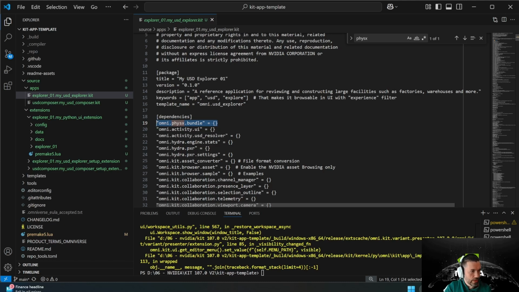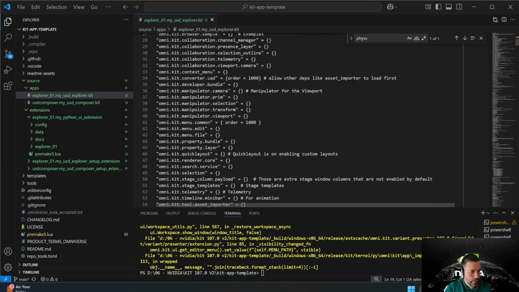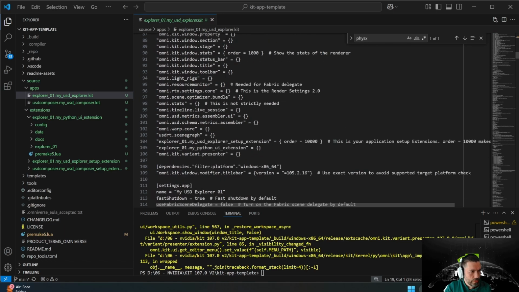This extension is not here by default. So we just need to add this extension to enable physics. And then we have to, let me find,